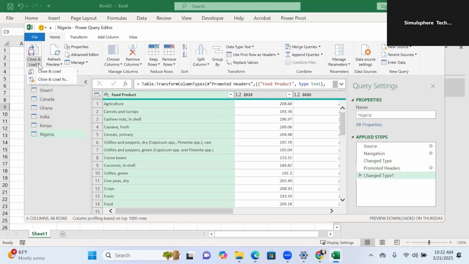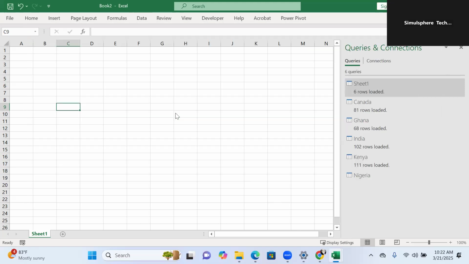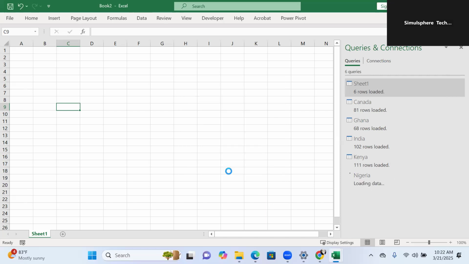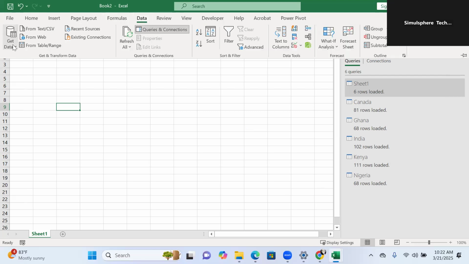My data were already cleaned. So all of that was just to simply save time, so I don't have to dwell on cleaning data or dwell on the use of Power Query for a long time. Okay. Then finally,